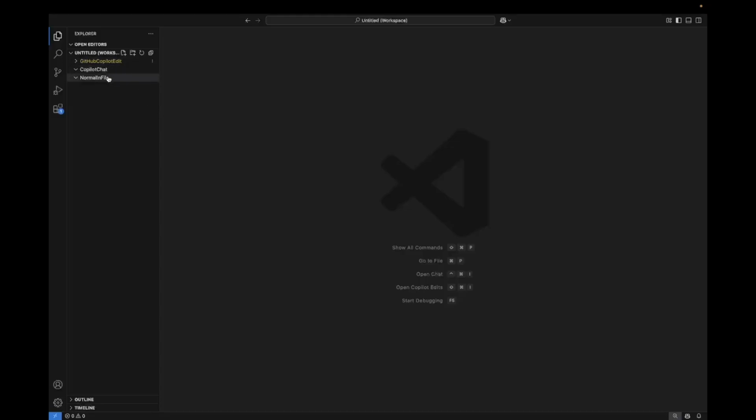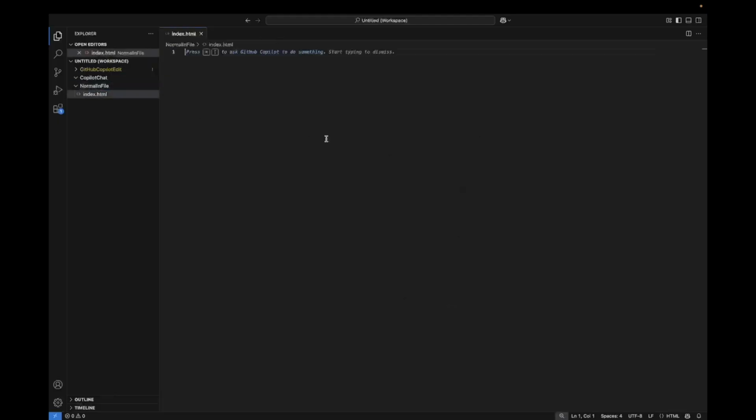I'm going to start with the in-file editing. So let's say I'm going to create a website for a travel website, right? I'm going to open the index.html file. Probably need more files like JavaScript, CSS, but let's start from there, right? And this is the very first functionality that GitHub Copilot offered from the very beginning, right? So I'm going to just start typing, and then it's going to generate